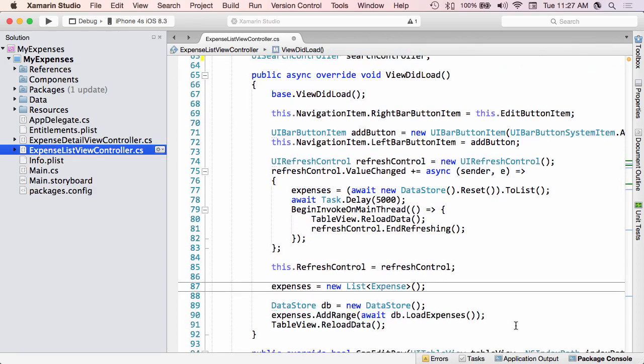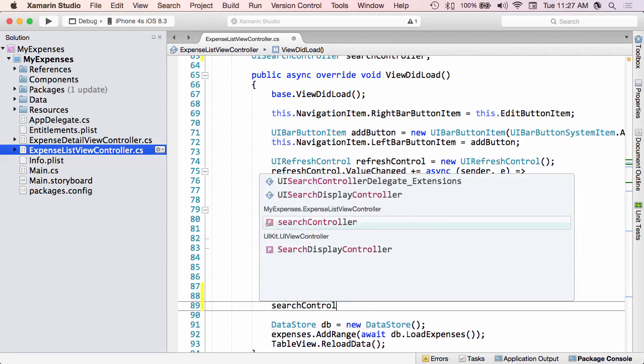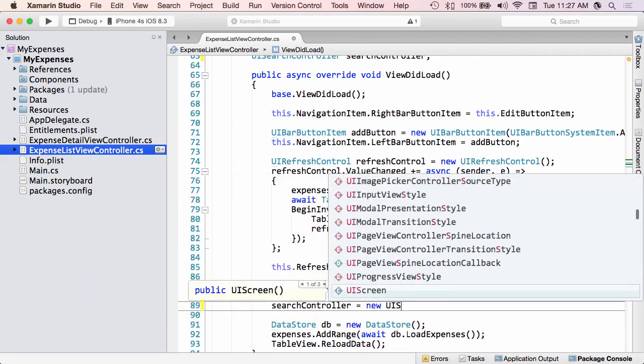Because the search bar itself can cause some different things to get called, and in particular it may end up calling rows in section or get cell at some point, we want to make sure that we have a list of expenses even if it's empty. And so let's go ahead and create it. Search controller is equal to new UI search controller,